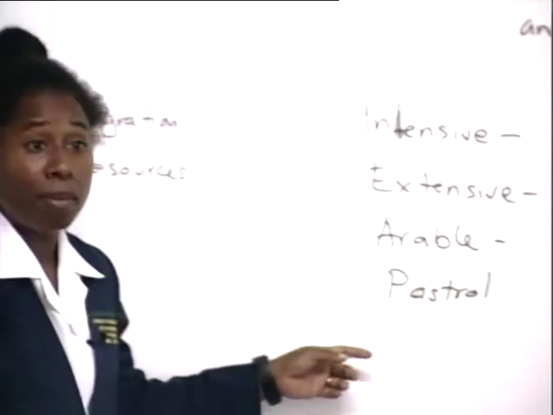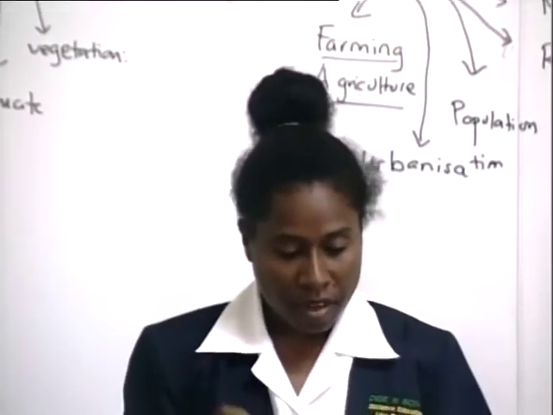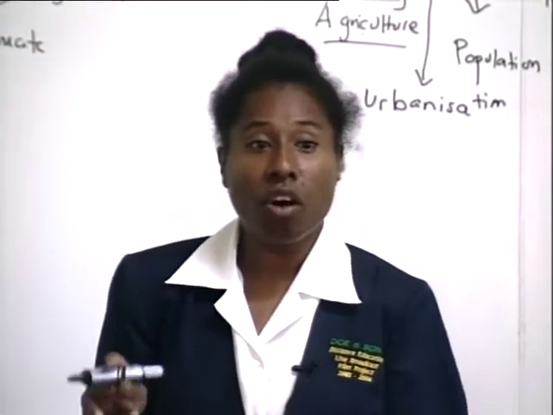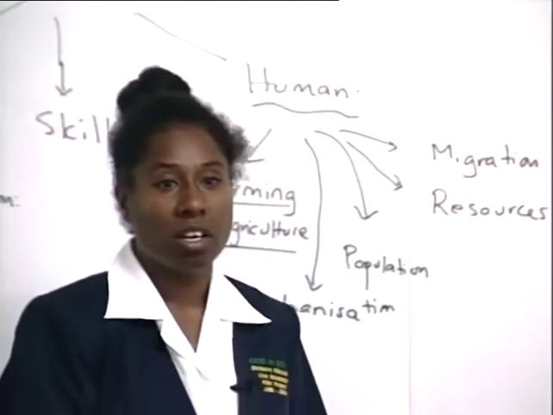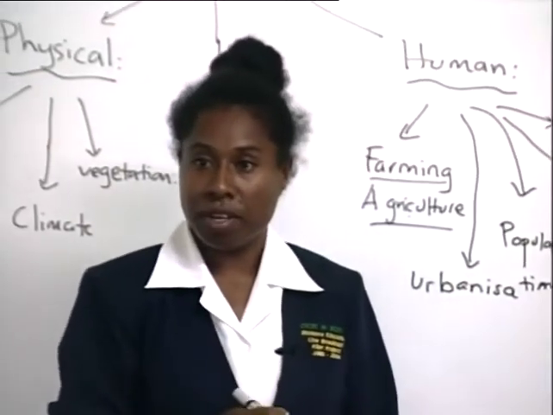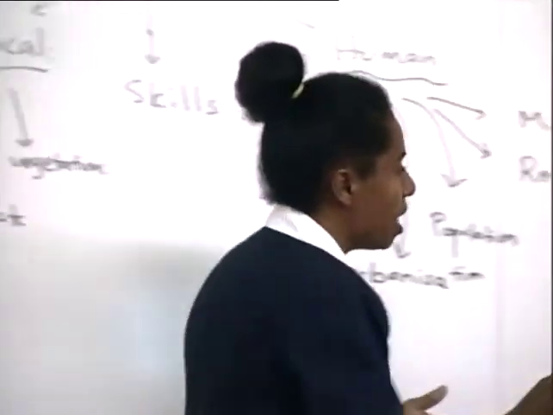Okay, pastoral farming. Have you heard about pastoral farming? Pastoral is to do with mainly the rearing of animals or the looking after of animals. So if you are looking after cows, ranching cattle, maybe sheep, lamb, etc., then the type of farming is pastoral farming. If you are growing crops, then it is arable. Say, for example, we have a farm that is both pastoral and arable together, what is the term that we use to describe that type of farming? Mixed. Thank you. Someone has said that.